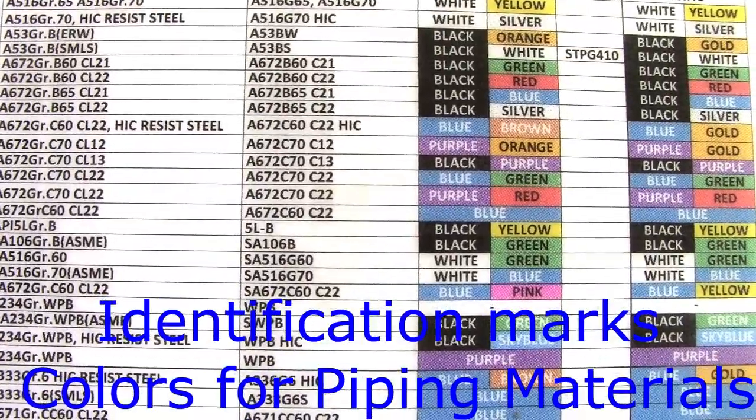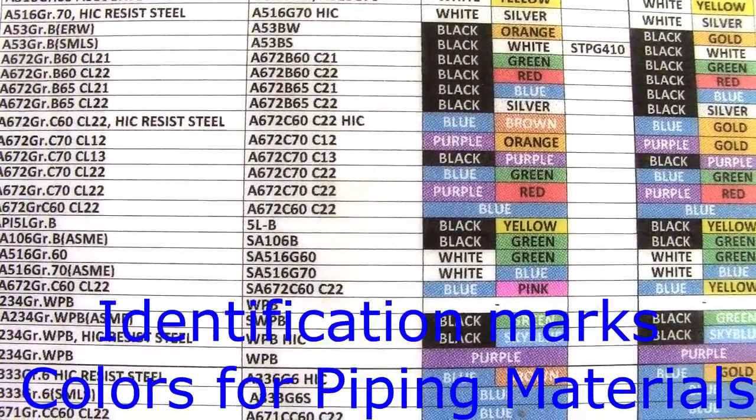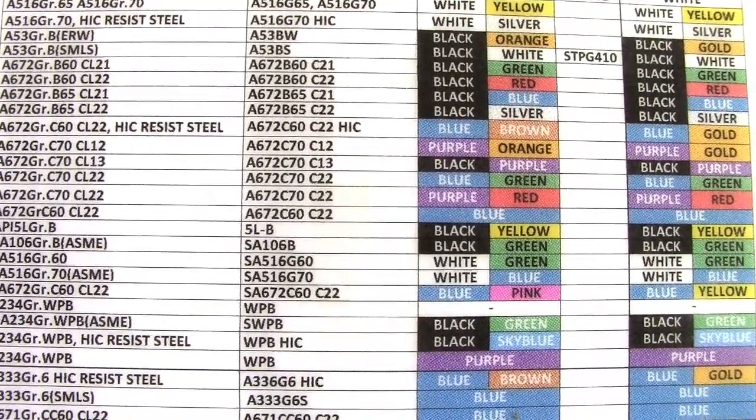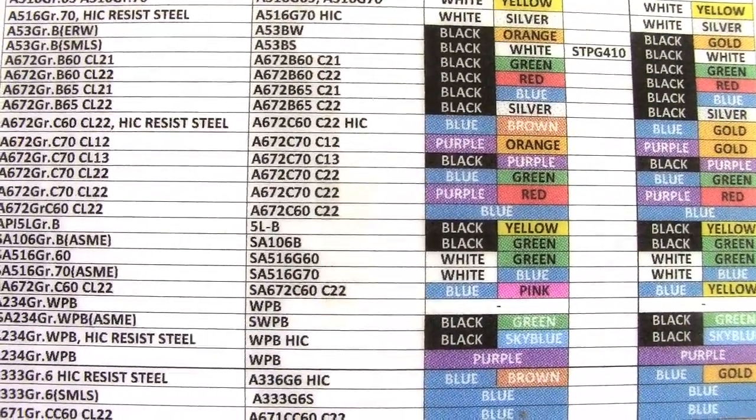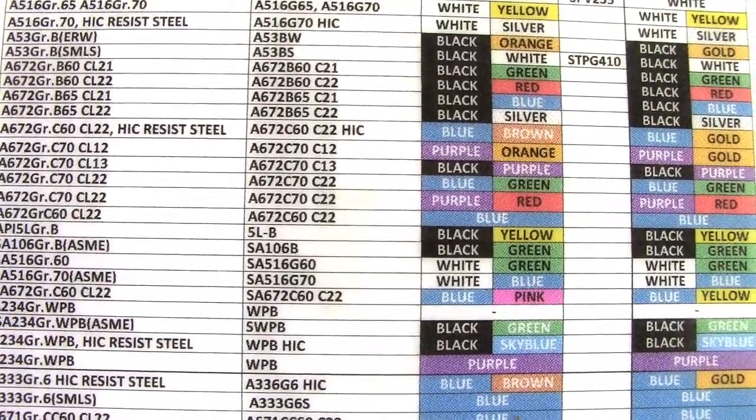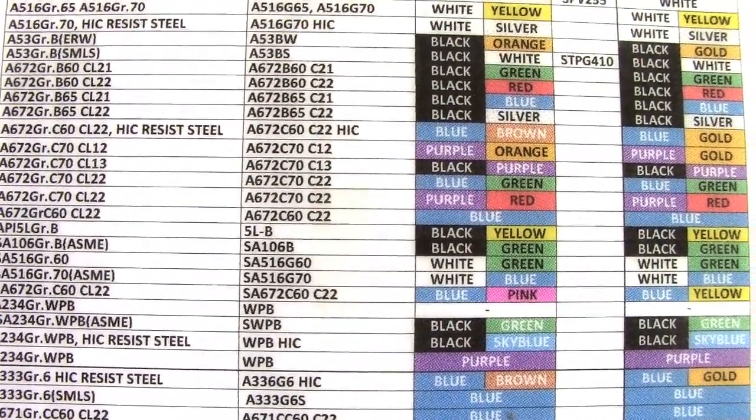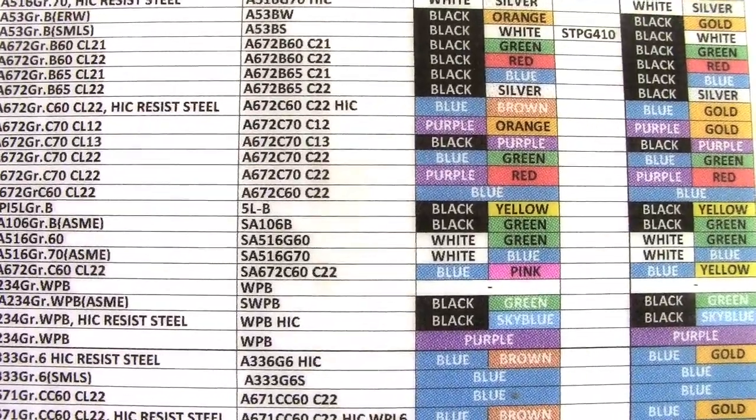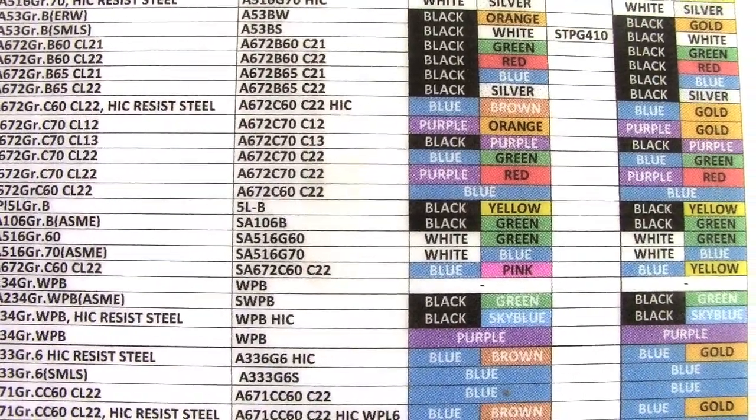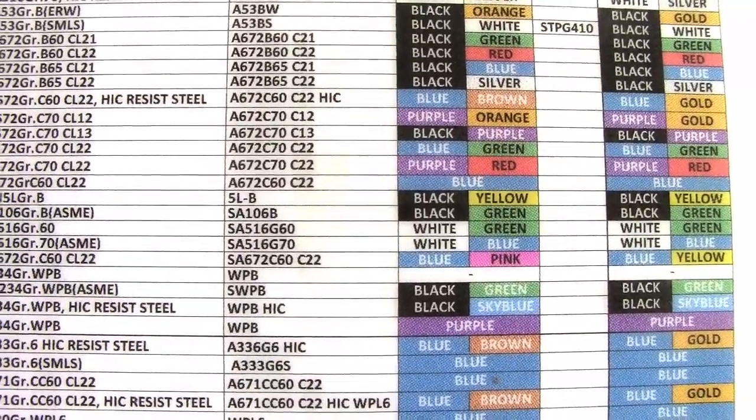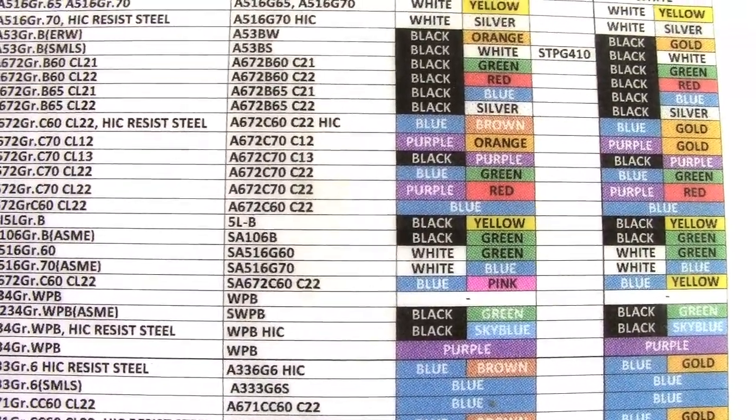So this is the identification marks, colors for piping materials. Okay guys, we have materials, ASTM specification, identification mark, discrimination color, equal JS materials, and paint marker color. Okay,